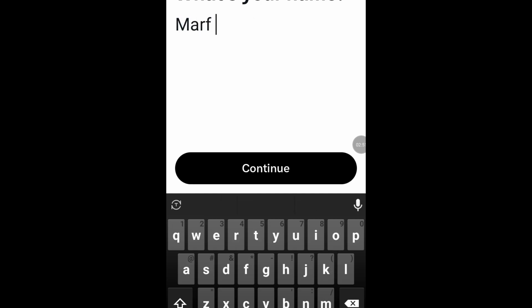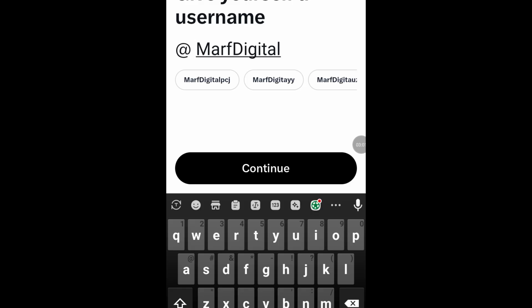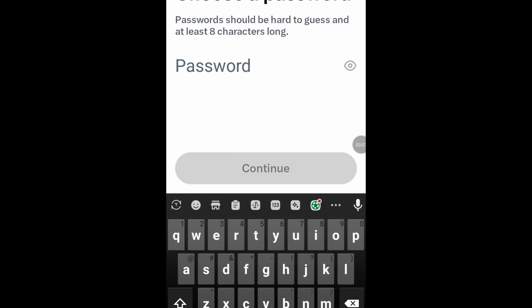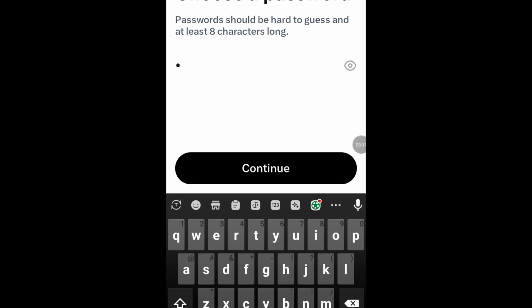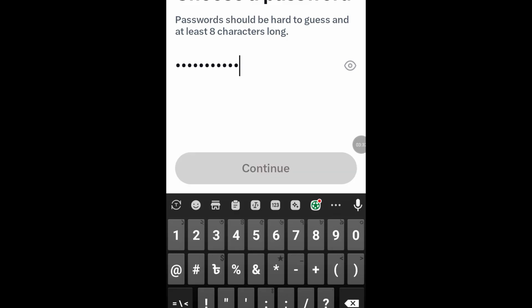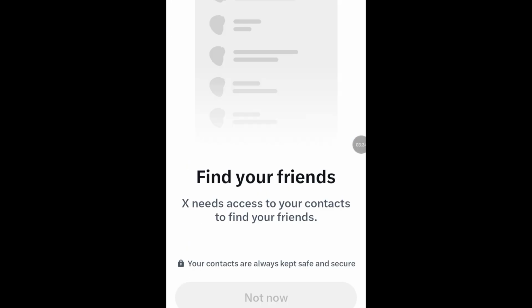Obviously my brand name, that is Marp Digital, I will enter here. Then I will go for continue, and also the username. I use the same brand name, and now I will set a password. You can also set your own password and then go for continue,